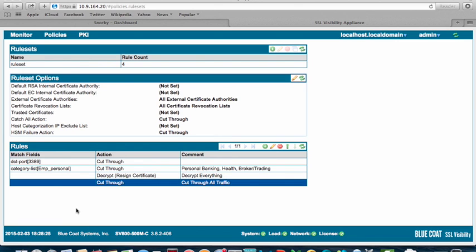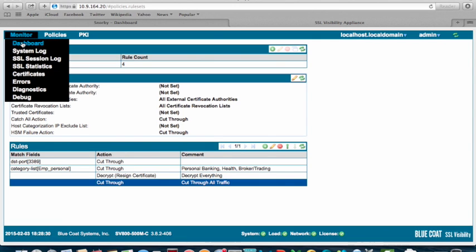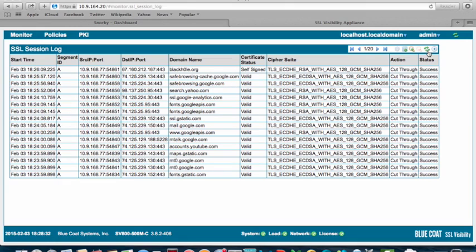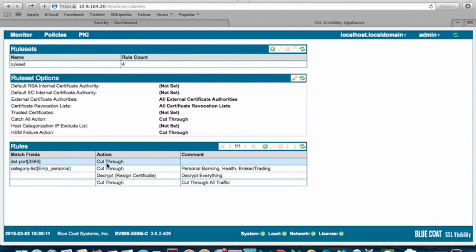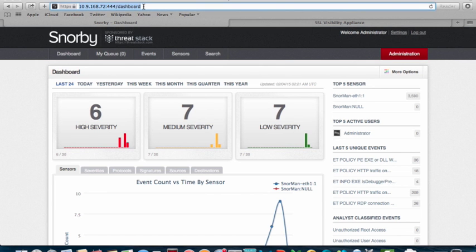So I hit apply. That's what it takes to change a policy. Now we go into monitor mode again, start the SSL session log, and mark it running. In this test, we will continue to monitor what SSL Visibility Appliance has been doing, but let's ensure again that our policy is set to cut through, but decrypt everything else. So we'll go now to Snorby dashboard,